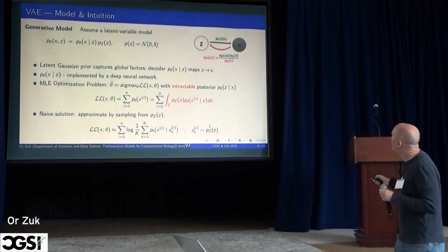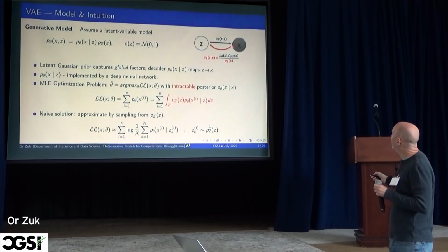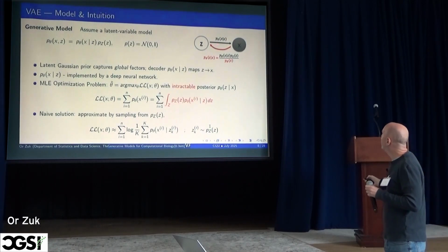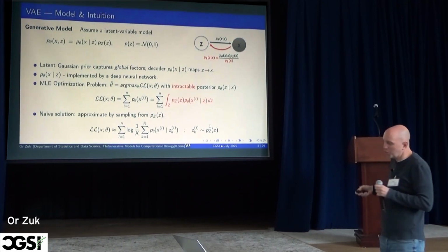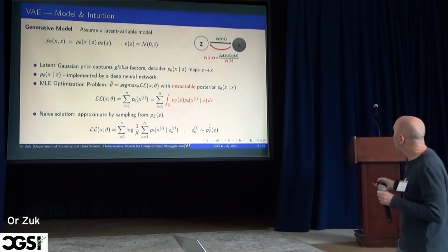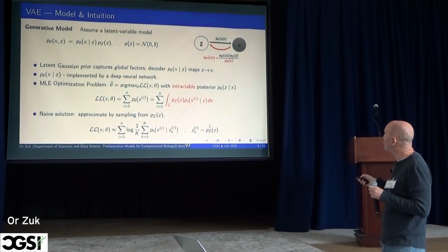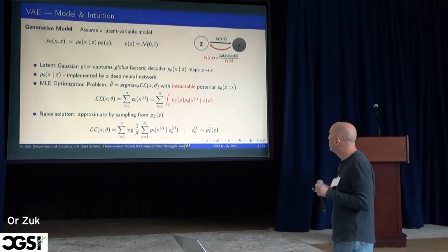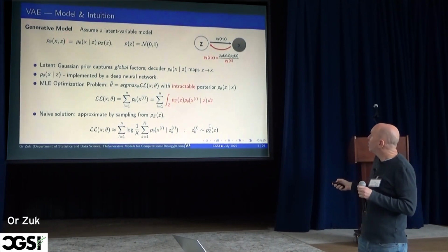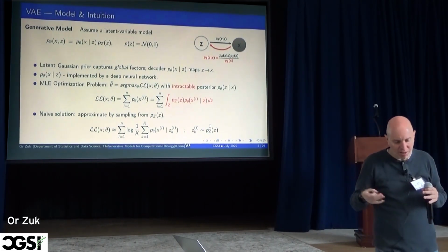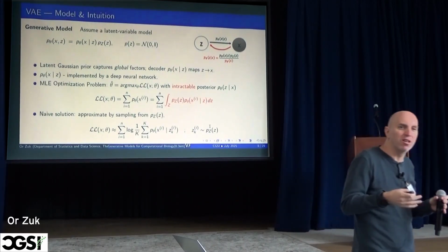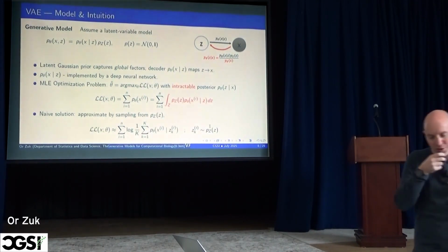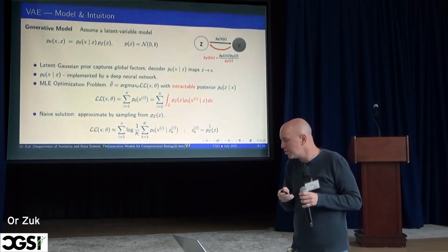And from this Gaussian distribution, we have a parameterized transformation, p theta of x, the data given z, and we also have the transformation in the other direction. So conditional on the data, we want to ask what is the distribution of the latent variable. In contrast to simpler models used in the past, which some of you have heard of, like mixture of Gaussian models or PCA, which can be seen as latent variable models,